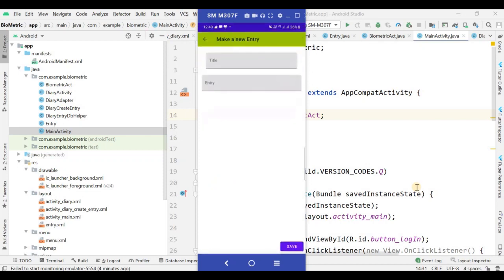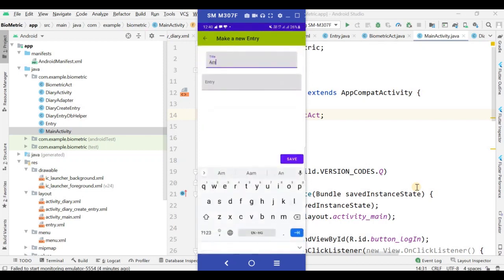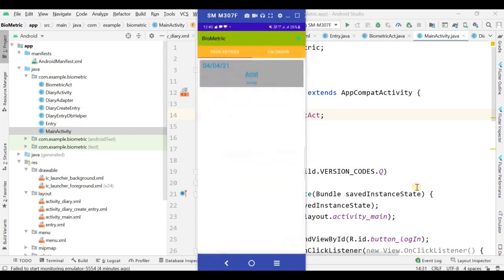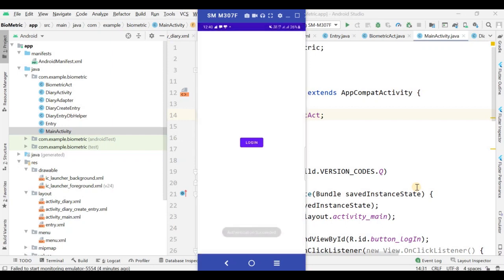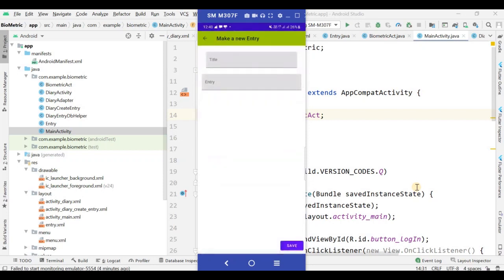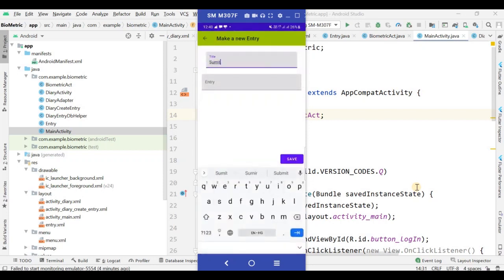Okay, so this was the demo, and if you are coming again, then you can add multiple entries also. Like I'm making another entry with a different name. Okay, giving that left, save it. Okay, then this is the calendar, and now